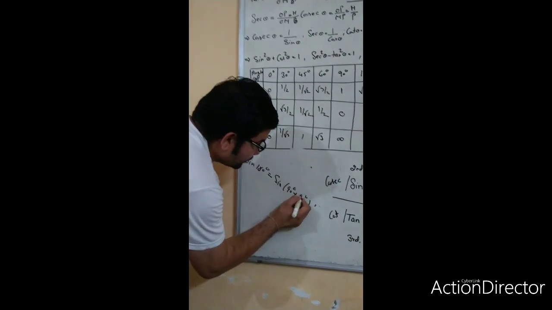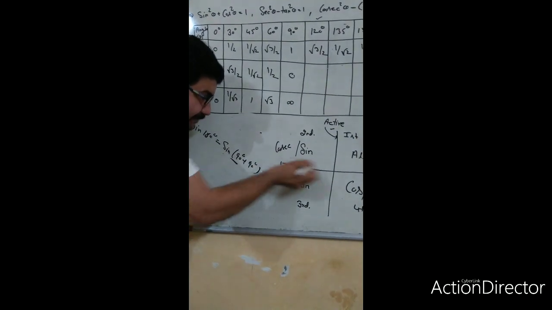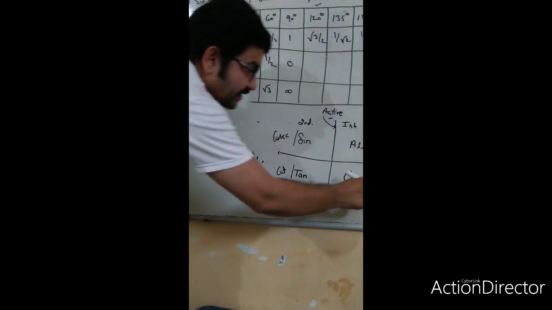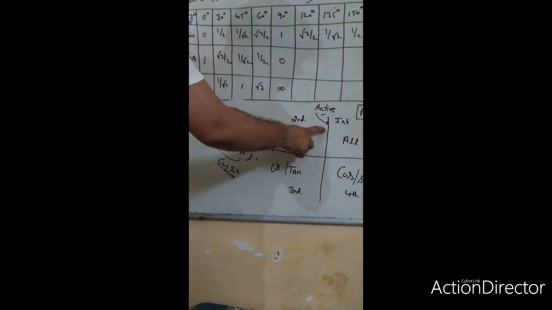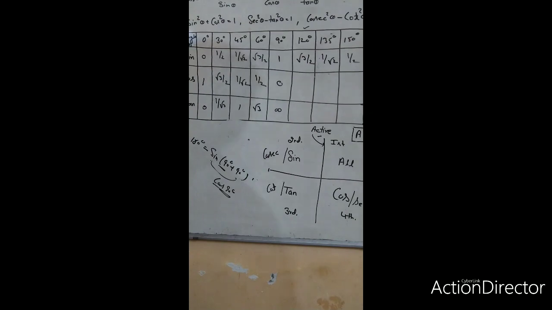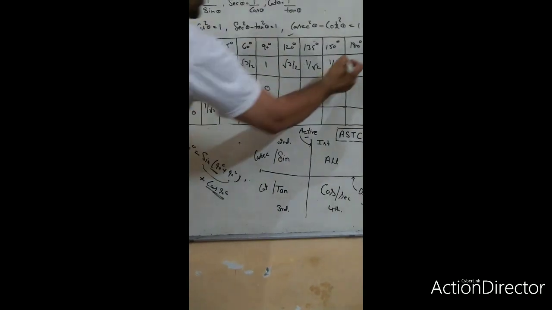In the case of 180, you have to put it as sine of 90 plus 90. What does that mean? Sine 90, you cross the active line, but 180 means you are here on that line. Means what will be here? Cos 90. But which line is this? That line. Will the cofactor change or not? The cofactor automatically changes here, but you did not cross that border line. That's why you are in that area. So you have to cross that line. The cofactor will change, but will the answer be positive or negative? The answer will be cos 90. Cos 90 is positive because you are in that area. Positive cos 90. Cos 90 is 0. You have to put 0 here.